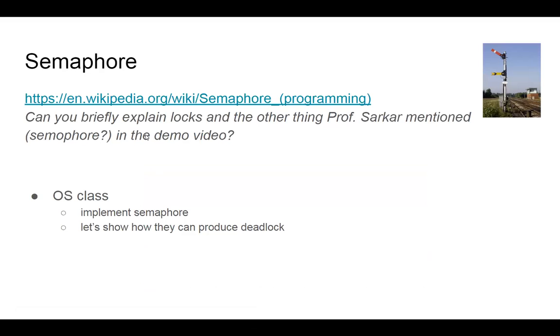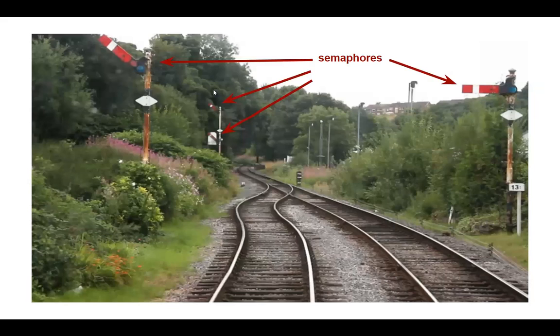Another question that comes up is that people have asked about, like, what's a semaphore? Those of you who've taken operating system class probably have mentioned a semaphore. In the operating system class I took forever ago, they had us build a semaphore and then immediately showed how they can produce deadlock. Like that's their superpower. Deadlocking is not a good thing, but let's sort of show off where, well, first of all, semaphores come from,